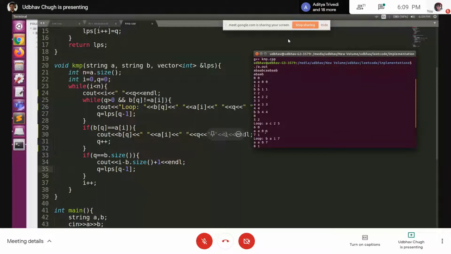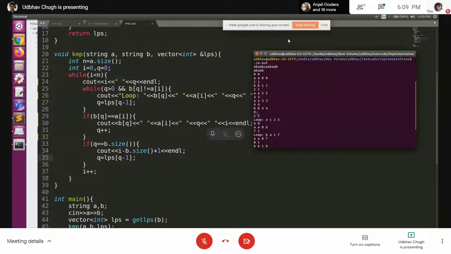So now we move ahead, and now LPS of ABAA. So for this particular index, the LPS value is 2, right? So we go on and update Q to 2, and I is simply moving ahead. So I is 5. So I5 is basically C, and Q2 is basically A. So now see, this is how KMP is helping us, right? We didn't check whether AB will match or not. Since AB and AB were common here, we simply skip these two AB and just go on and compare the next C. So this is where KMP is saving us on the time complexity.